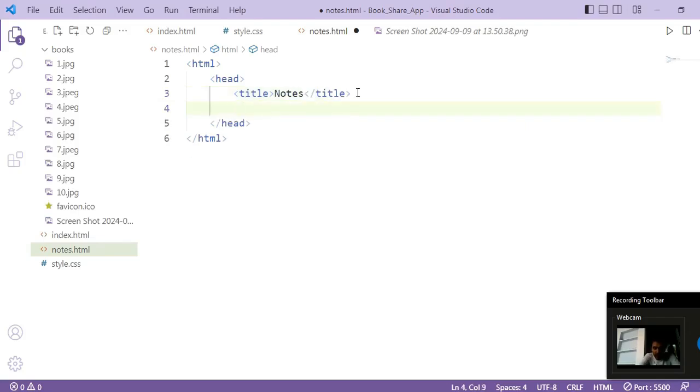Okay, so this is the simple HTML file, and from here I'm trying to make you understand what box sizing is, okay. So here I have taken a body.